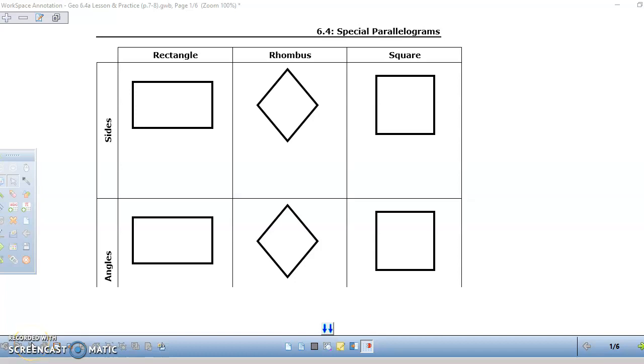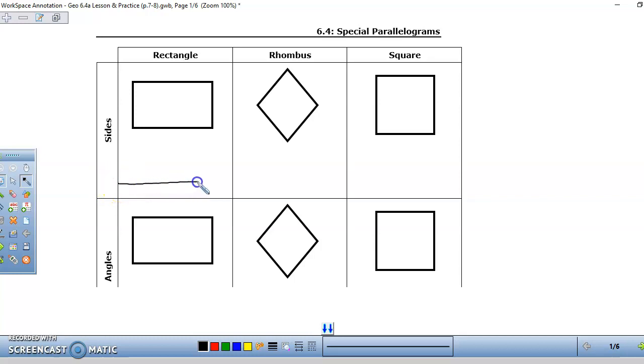Okay, we're going to continue on with special types of parallelograms. So a rectangle, a rhombus, and a square are all special types of parallelograms. So first of all, when you're talking about the sides of each of these special parallelograms, we're going to make